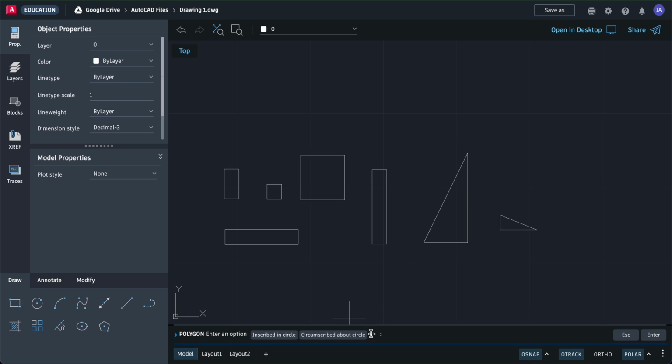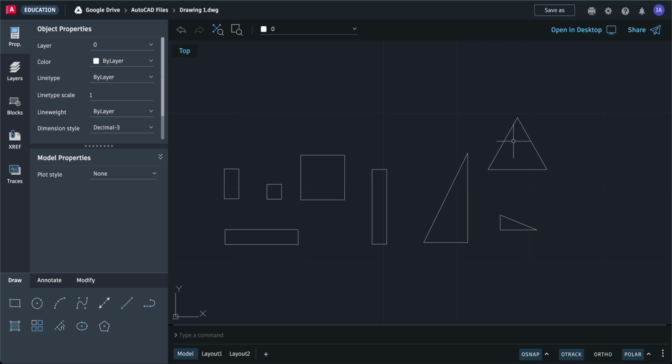You first answer whether you want to inscribe or circumscribe. Let's talk about inscribe or circumscribe later. Just press enter first for inscribe, and then there you go. Okay, and then simply drag to make equilateral triangles. Okay, now